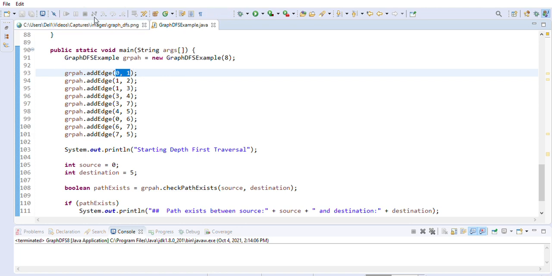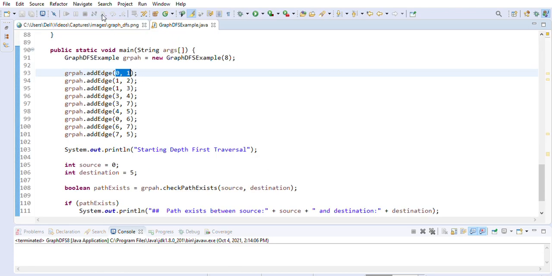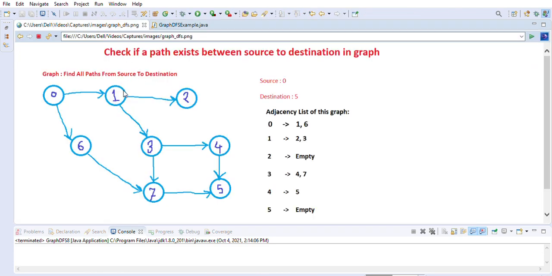From 0 to 1, this one is given, right? Then 1 to 2, for example, this edge is given. One thing I wanted to mention here is this is a directed acyclic graph, DAG, because there is a direction between the edges, and there is no cycle in this graph. You cannot form a cycle, so it is called a directed acyclic graph, DAG, in computer science. So this is a directed graph, you can say.